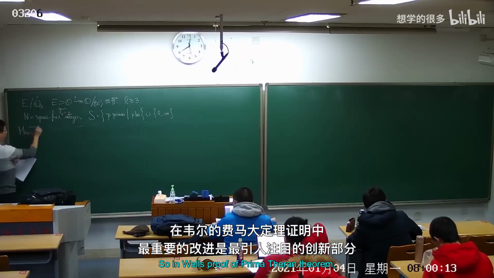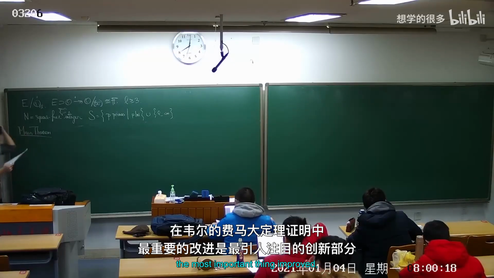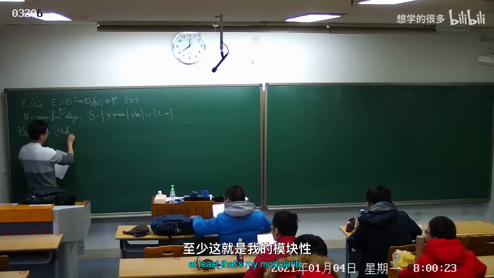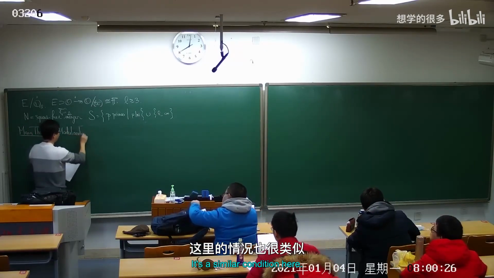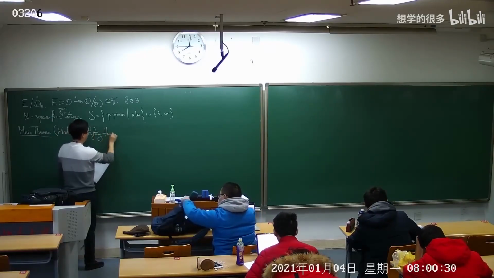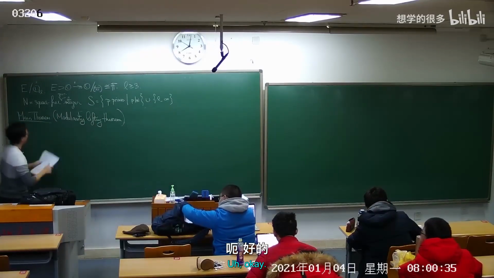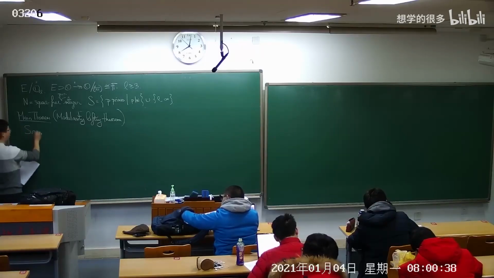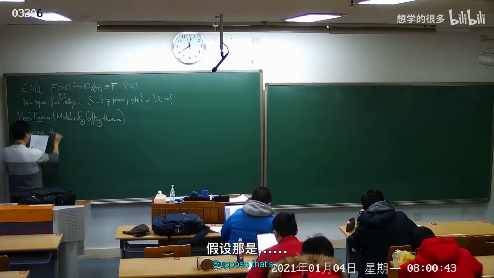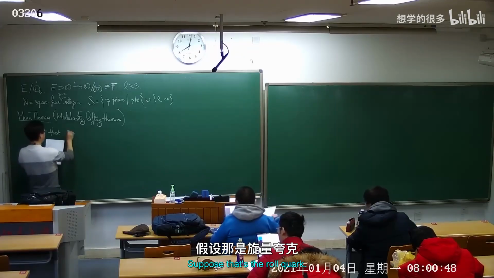So in Wiles' proof of Fermat's last theorem, the most important thing he proved, or like the most novel thing, at least at that time, was modularity. It's the so-called modularity lifting theorem. It's the following. Suppose that rho bar